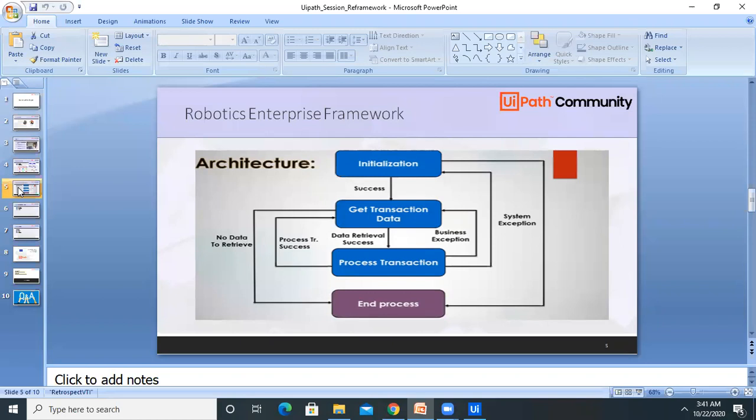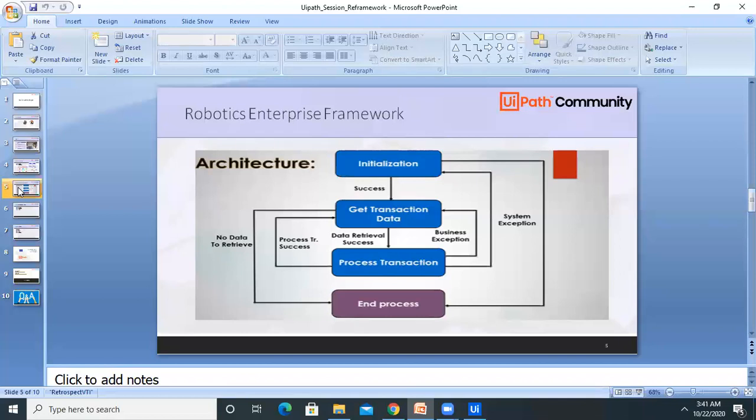We have already learned in some other programming languages that try, catch, and finally blocks are available. In any other framework or any other sequence or flowchart, we are not able to get the try and catch block unless we drag and drop those activities. But the REFramework provides us one template where we can use each and every concept in detail.